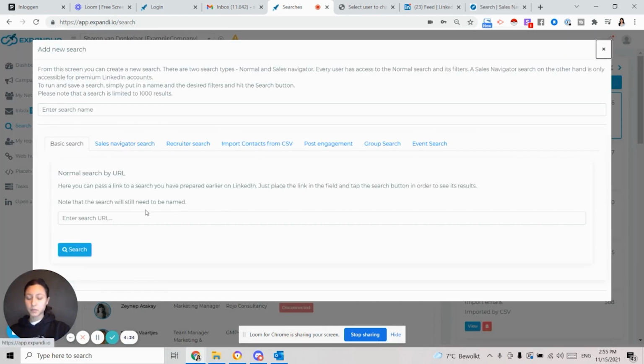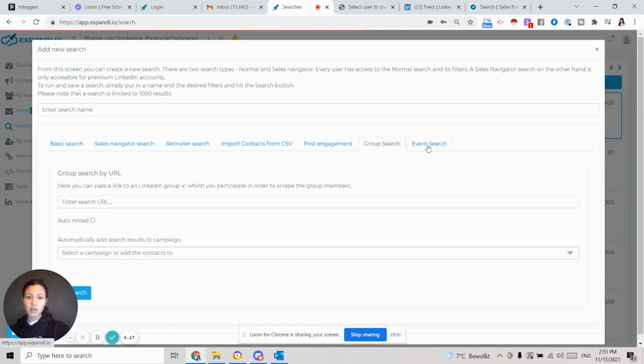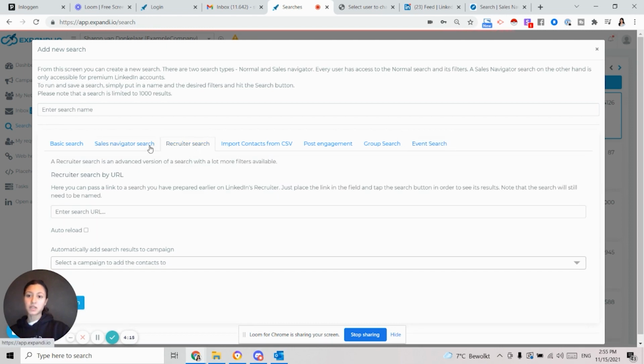And here you have the options between a basic search, a Sales Navigator search, a recruiter one, from a CSV file, from posts that are done on LinkedIn, from groups on LinkedIn, and from events that you can run on LinkedIn. If you would like to do any of these searches, there are some differences, but it's really easy to